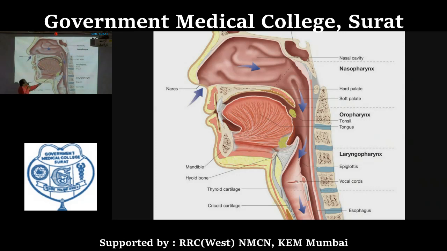Now anteriorly this oropharynx is in communication with the oral cavity, and here the oropharyngeal isthmus is there. Remember, it's a different isthmus. That was the pharyngeal isthmus, or nasopharyngeal isthmus, separating the oropharynx from the nasopharynx. Now the oropharyngeal isthmus that I am telling you about is located somewhere here, and it demarcates the oral cavity and the oropharynx.